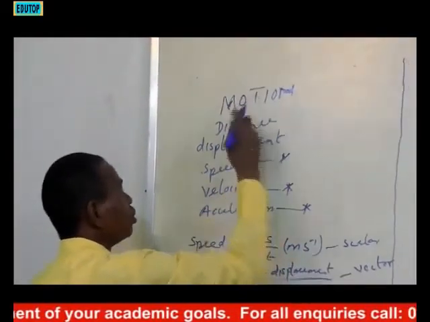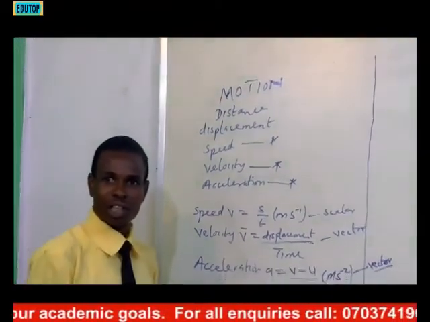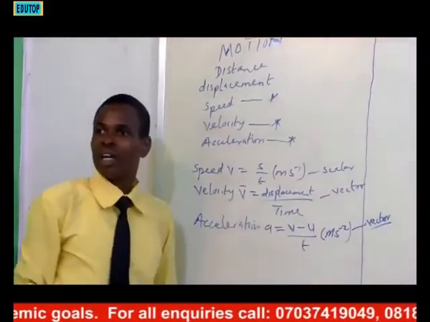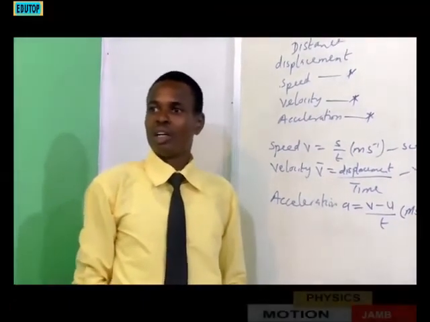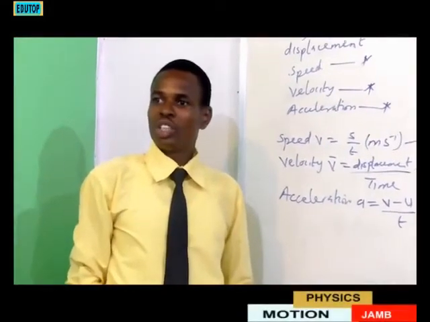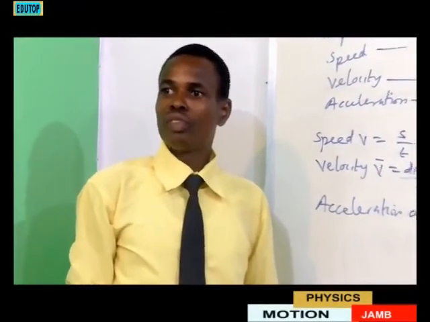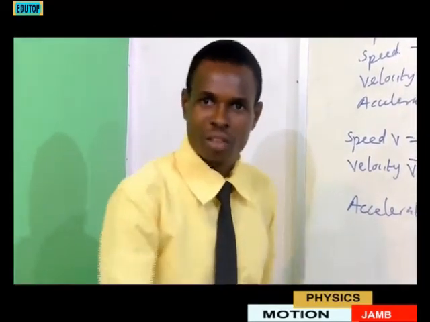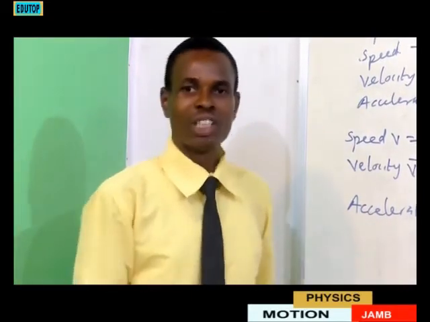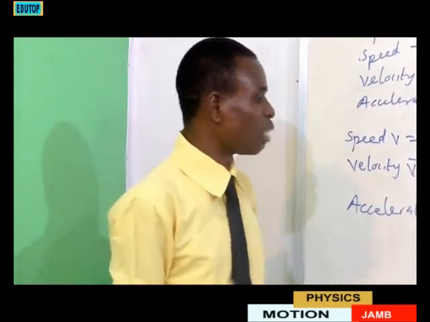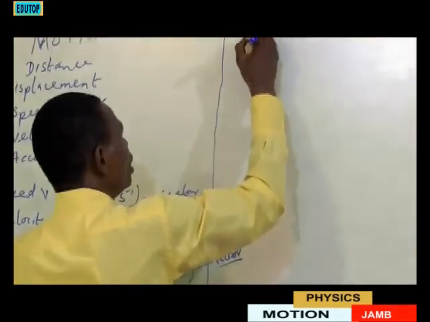Take note of that. From there, we are going to see the equation of uniformly accelerated motion. That is the equation of a body, object, or particle traveling on a straight line. We will not waste time on that. The equation